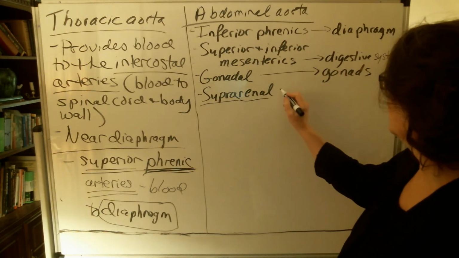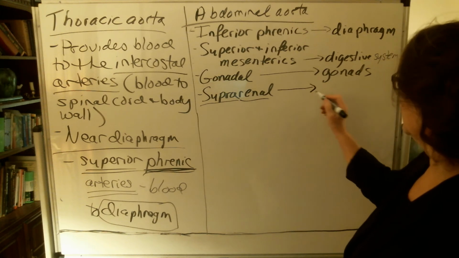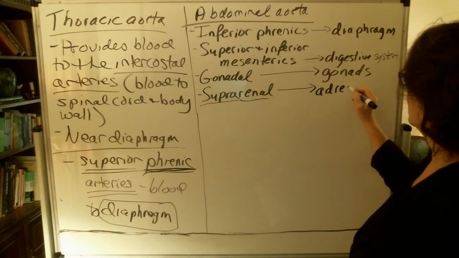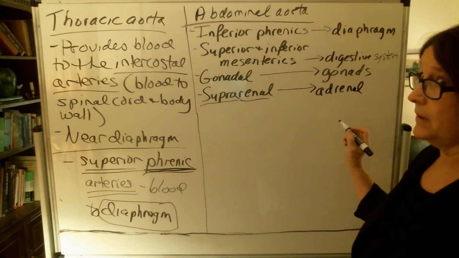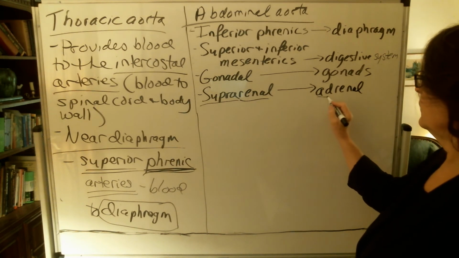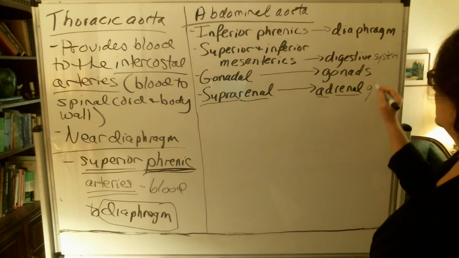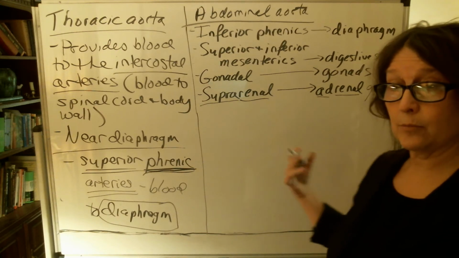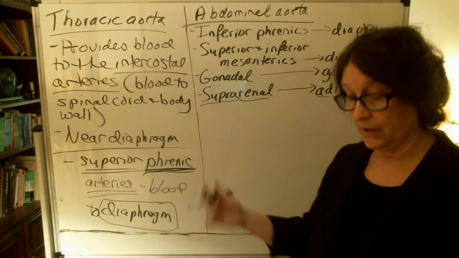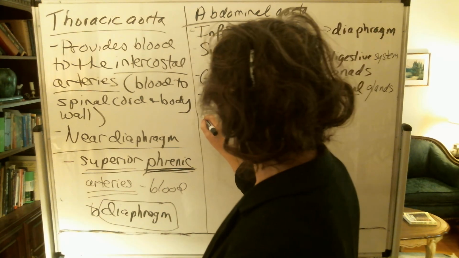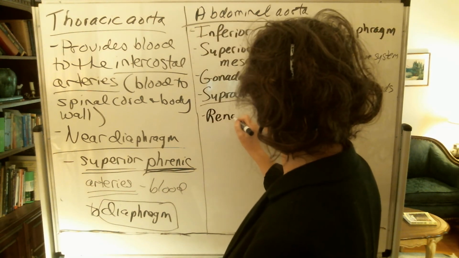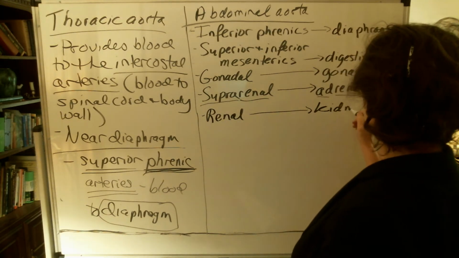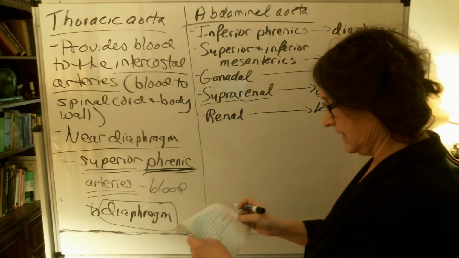So here we have arteries that are bringing blood to the adrenal glands, meaning kidney and above, your adrenal glands. These are the ones that produce adrenaline, otherwise known as epinephrine. Then we get to the renal arteries that bring blood to the kidneys,